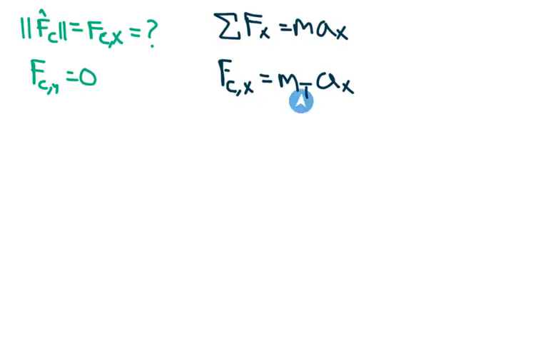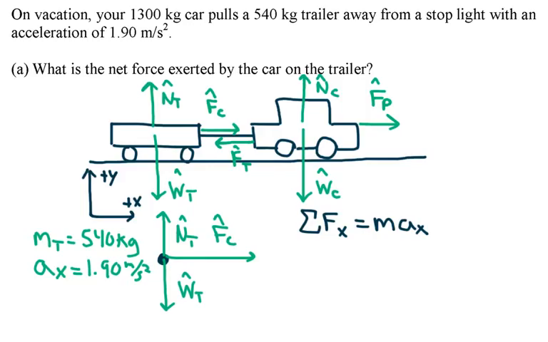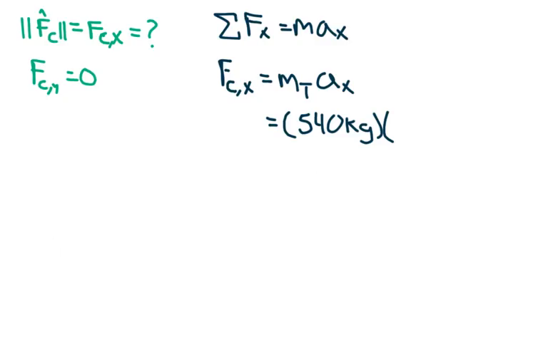Now, since we know both of these values on the right-hand side, it's just as simple as plugging it in. So I plug in my 540 kilograms for the mass of the trailer, and we know that the acceleration is 1.90 meters per second squared. And when we multiply these two together, I get